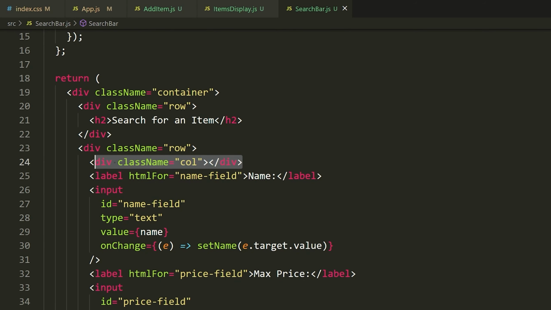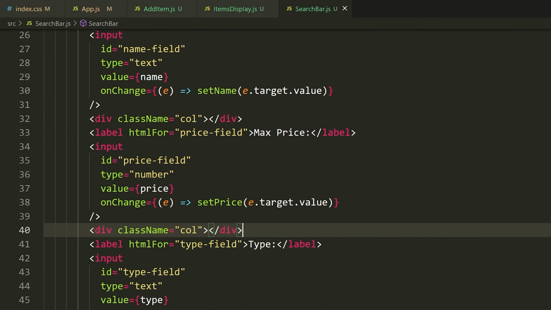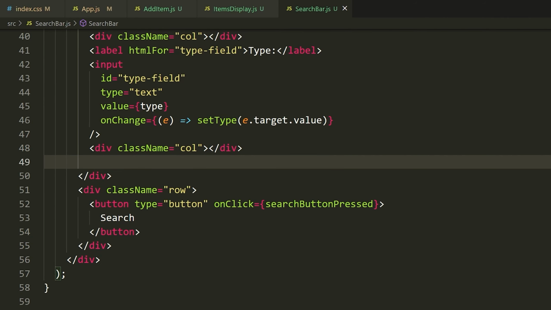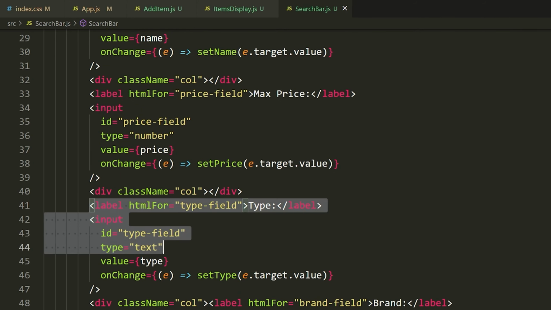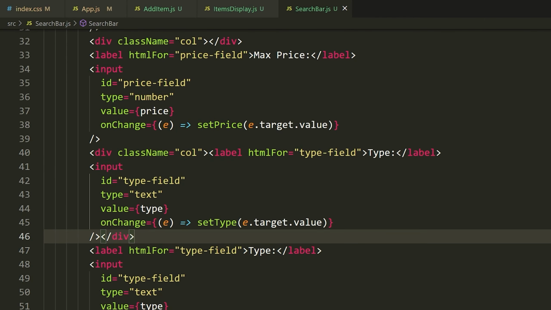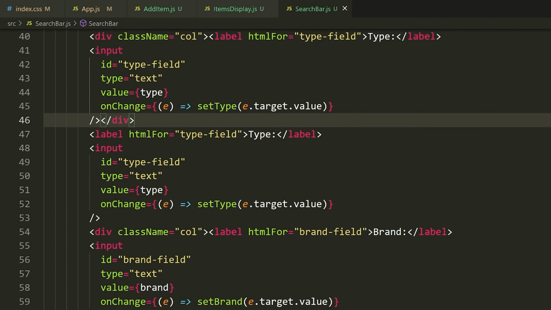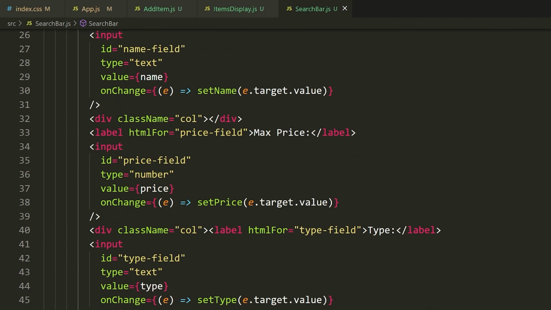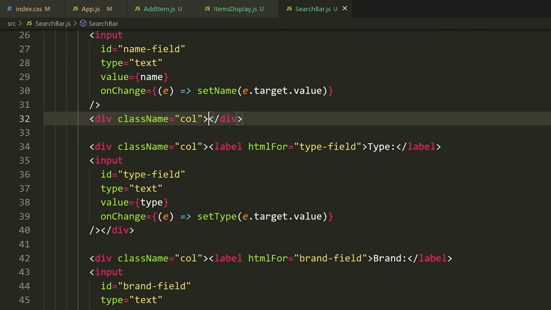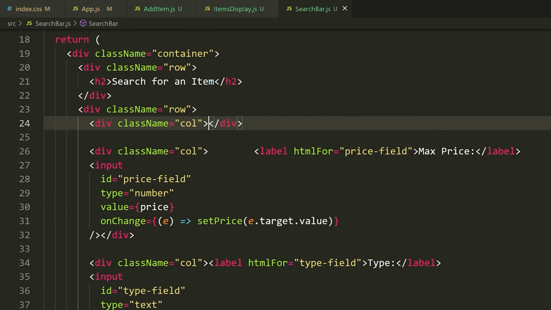And I might as well just copy this right here because I'm going to need it 4 times. So let's paste it 4 times, and then we can move all of these items inside of their respective columns. Okay, so let me grab this, paste it inside of its column. Okay, let me grab this, paste it inside of its column right here. And I should probably delete them once I paste them inside. That would be a good idea. So let me get rid of that. Okay. Now we will take this, delete it, put it inside of its column here. And finally, this one will go inside of its column.